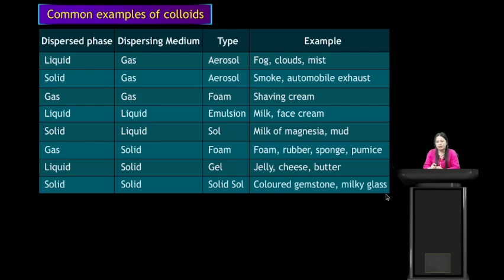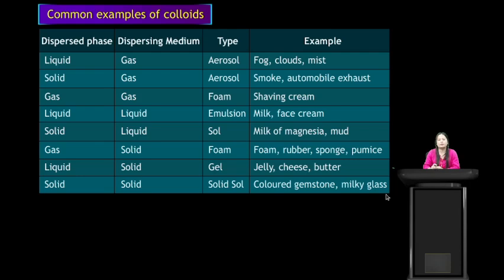The next property is that the particles of a suspension can scatter a beam of light passing through it and make its path visible. The next property we have is that the solute particles of a suspension settle down at the bottom when left undisturbed. So from here we can know that suspensions are unstable. We have also discussed that the components of a suspension can be separated by the filtration method,